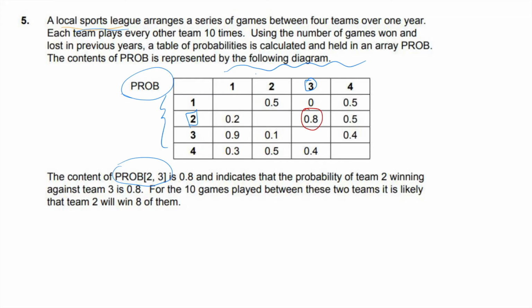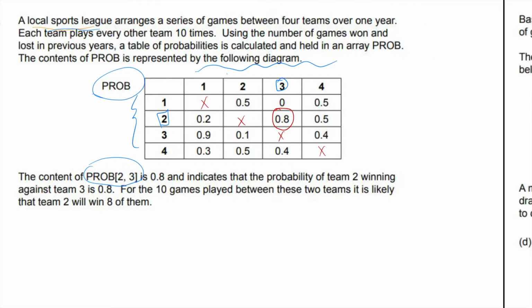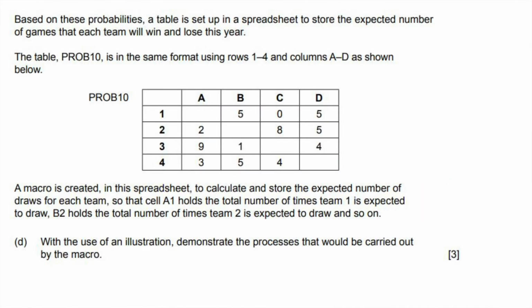Now in here we have blank spaces, and these indicate the places on the chart where one team would be playing against itself. So we're not going to deal with those at the moment. But if we look at the next page, based on these probabilities, a table is set up in a spreadsheet